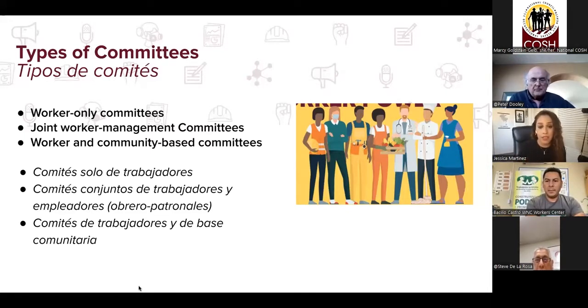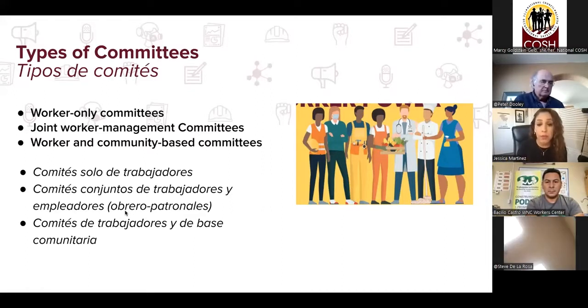The other way that I mentioned earlier is there's laws that mandate health and safety committees, like the New York HEROES Act that we have in the state of New York. There's also contracts or agreements between management and workers that can formalize a health and safety committee, and it usually exists within unionized workplaces. And workers can also demand that their employer meet with them over health and safety conditions. So again, there's several diverse forms to think about health and safety committees.